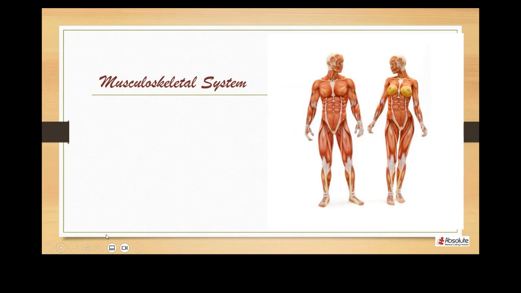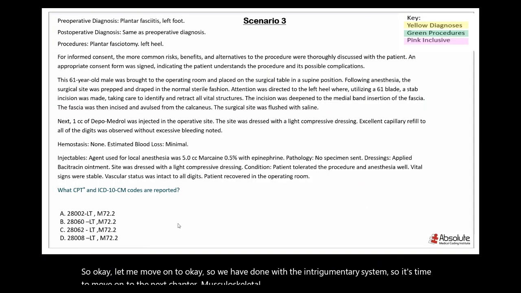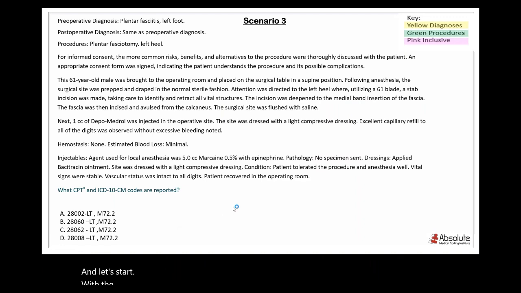Okay, so we are done with the integumentary system. So it's time to move on to the next chapter, musculoskeletal. And let's start with the first scenario for musculoskeletal. What CPT and ICD-10-CM codes are reported for this scenario? Your options are